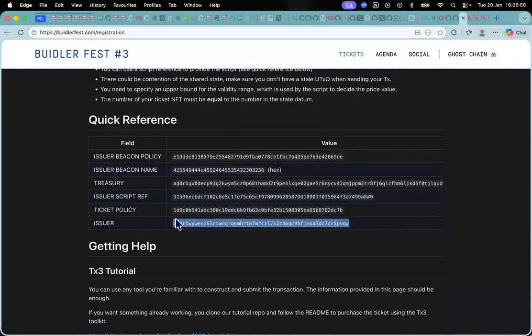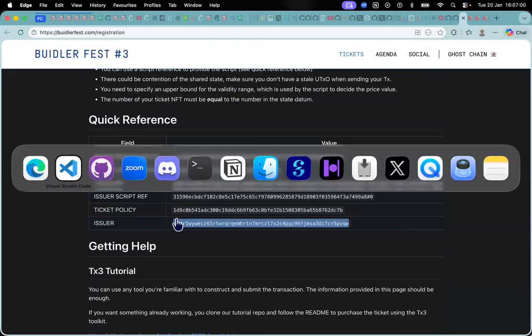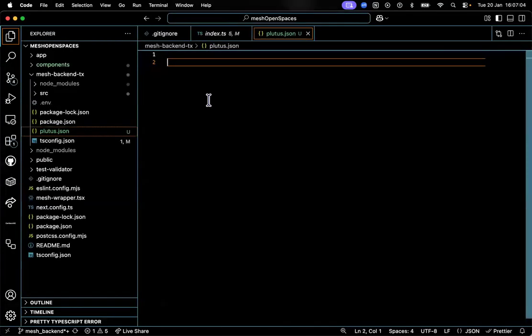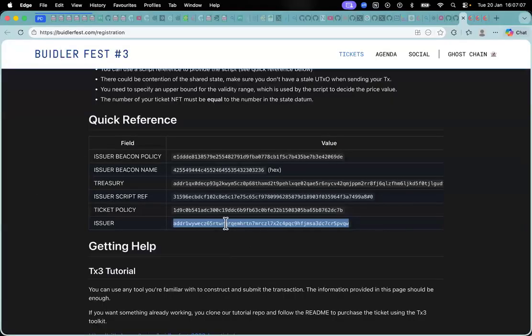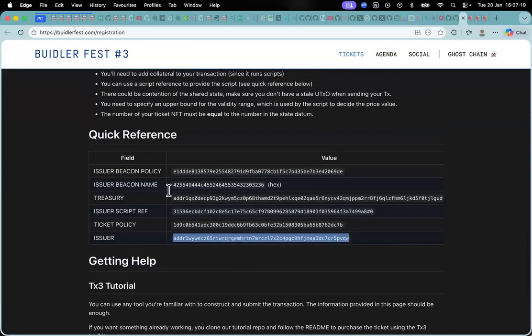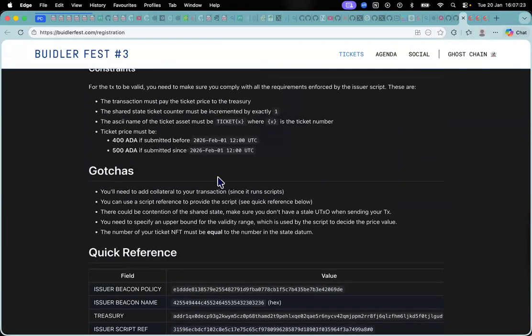So let's just start with getting this. The first thing is to query the UTXO in this issuer's script address. And we are not just querying the UTXO, we are querying the, what's the name of that token again?